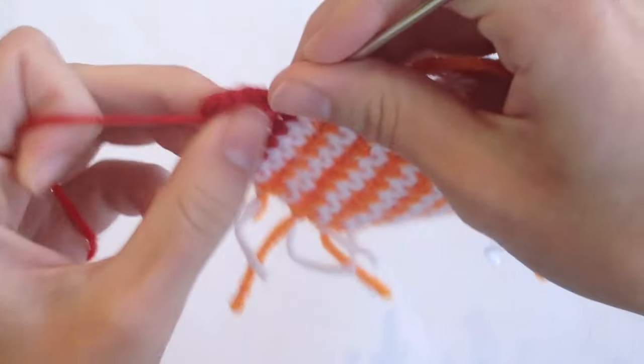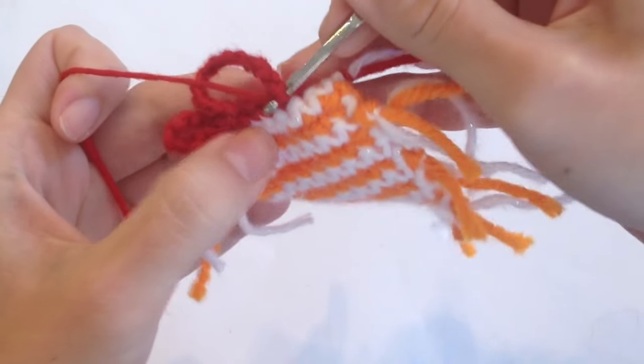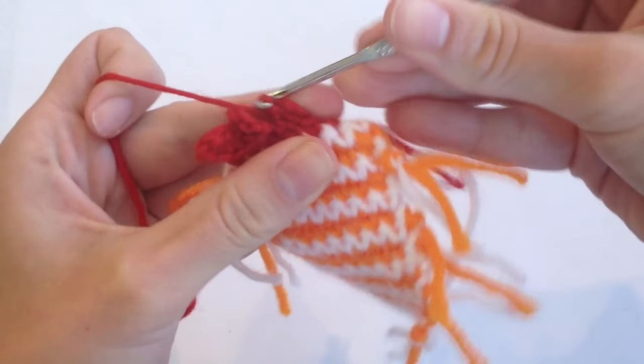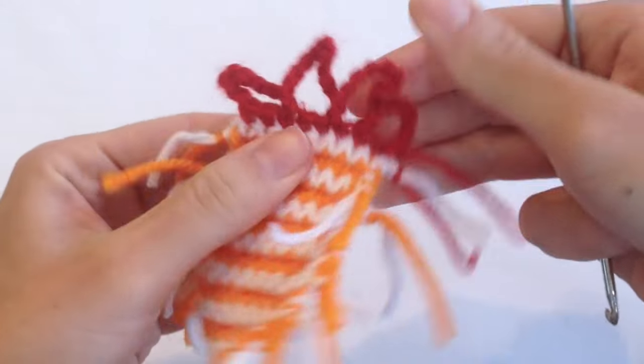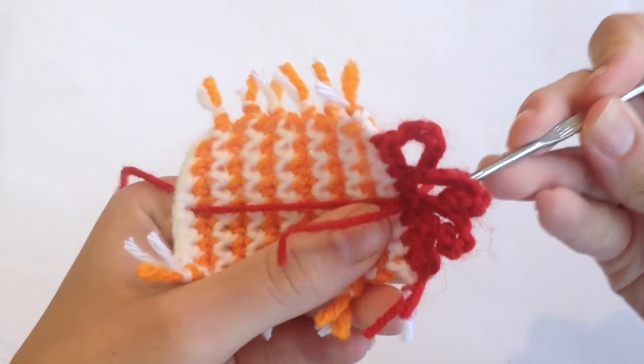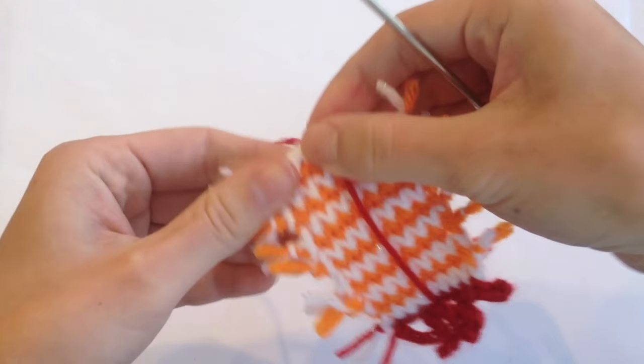Crochet some more. I made the second loop a little bit longer, so it's about 12 to 14 chains. You're going to crochet it into, again, the third knot over. Again, form several chains and several loops. I have 4 loops on my shrimp tail. I also placed a red piece of yarn down the center to help cut my shrimp in half and make